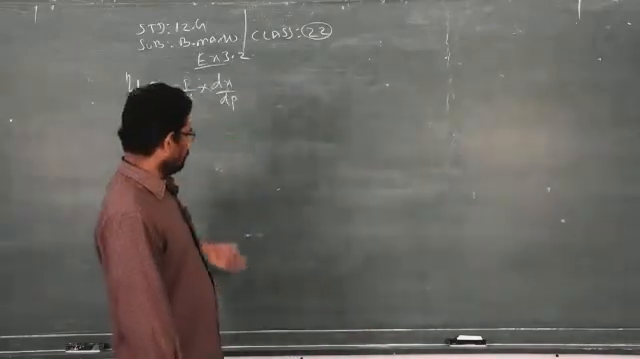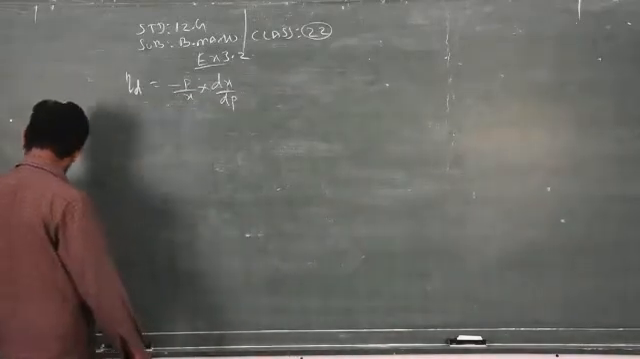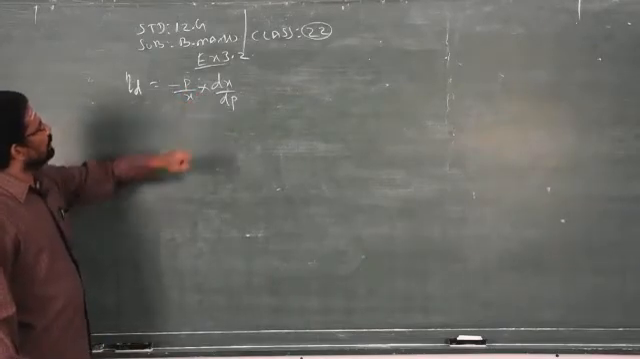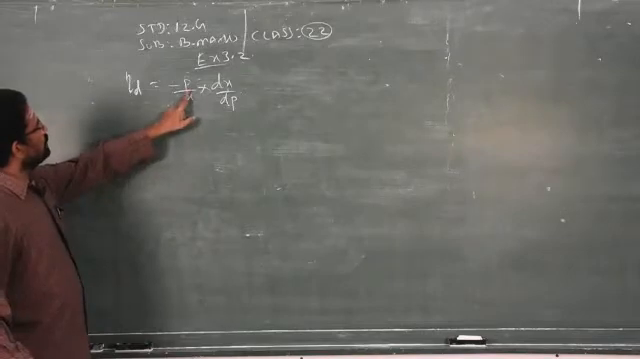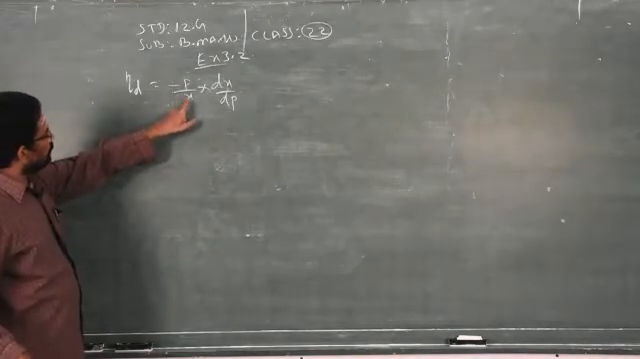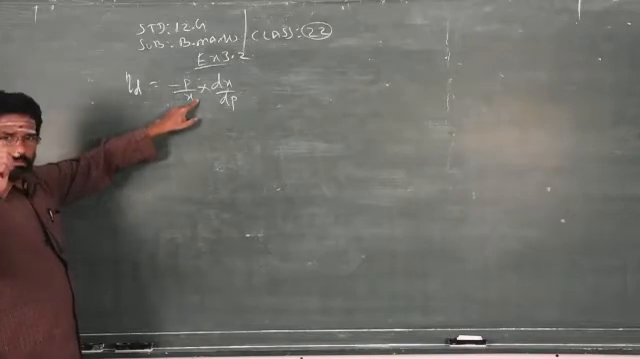So that all will come. You will see the problems come up. So minus b by x into dx by dp. Sometimes this x may get changed. When the question is in terms of x, you have to replace x. When the question is in terms of q,